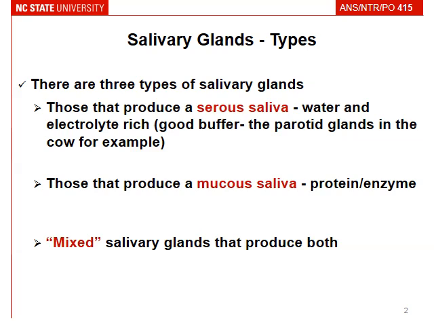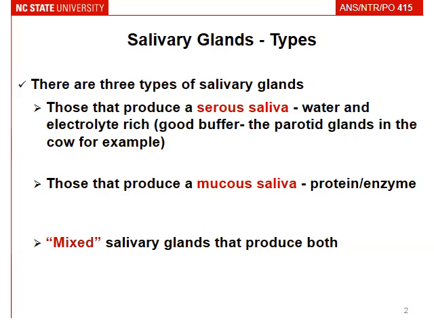The first type is serous saliva. This has a lot of water, a lot of electrolytes. This buffers the rest of the GI tract, especially the stomach, and it comes from a particular salivary gland called